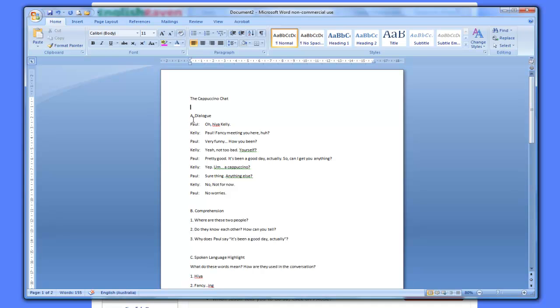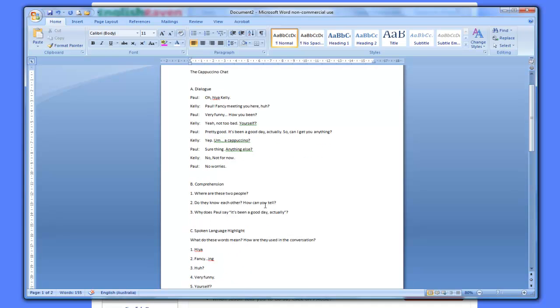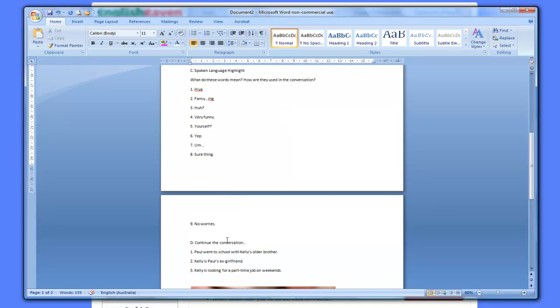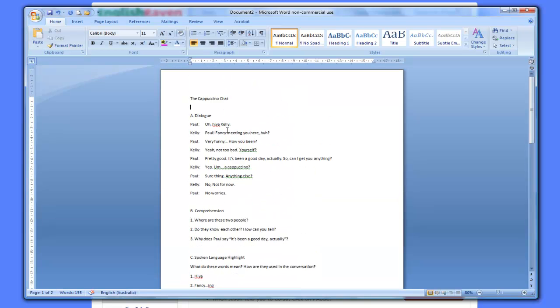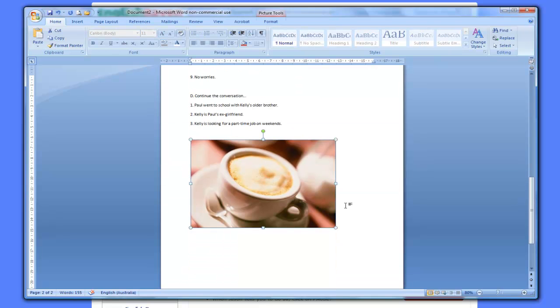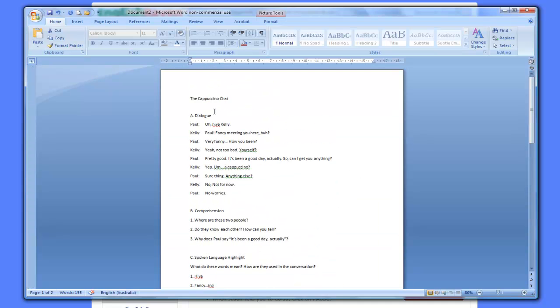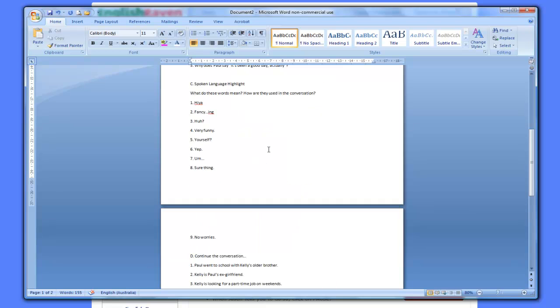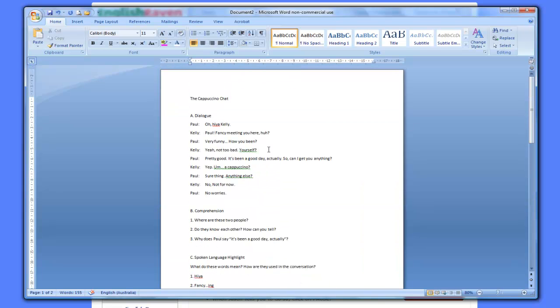I'm using the 1-3 principle, so I've got a dialogue, and then I've got B, C, and D as applications of that dialogue. And I've got a title for it, and I've also gone and sourced a picture that I will use in this material. So it looks pretty plain at the moment, and we could actually just take that in and give that to the students, of course, and that would be fine. But if you're looking to make stuff that's got that little bit more oomph and a few strategic things going on,